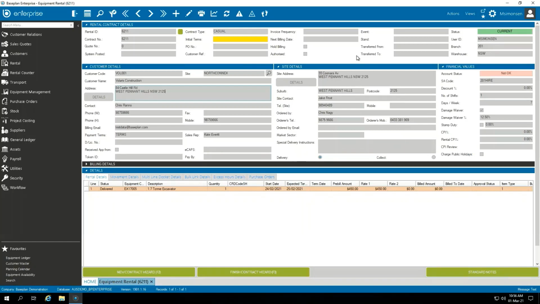Okay, so I'm currently logged into Baseplan Enterprise, and we're going to be going through how we can actually manage swapping out equipment on a current rental contract. So the scenario might be that there's maybe faulty equipment on site. Maybe we want to replace that piece of equipment with another model because we want to increase the utilization for another rental contract. Whatever the scenario might be, and how we can actually manage that process in the actual rental